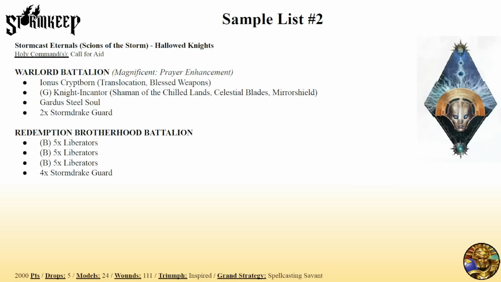So the core this list is heavily based upon. I know some people have seen it like a 2x4 kind of Drake style list with Gardas, Castellan. Just really beefing up your dragons in the defense department. But the nice thing with the Ionus now is you can still get that defense with Gardas putting out that ward. But you also get offensive power, and that's a thing that dragons really, really, really need,